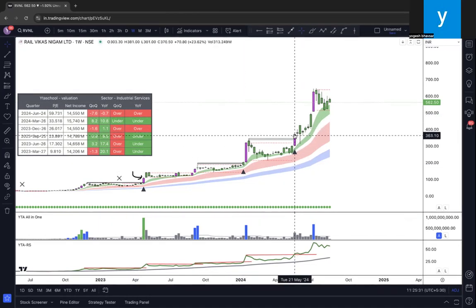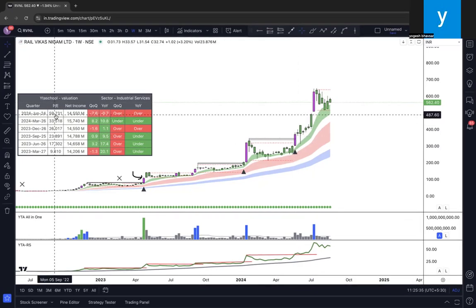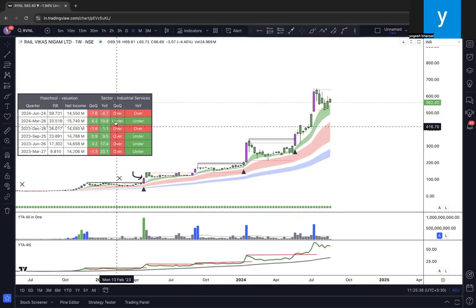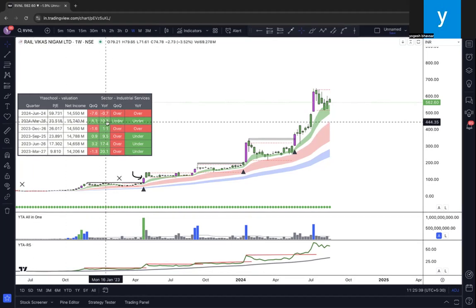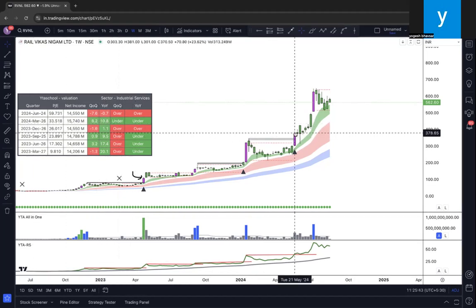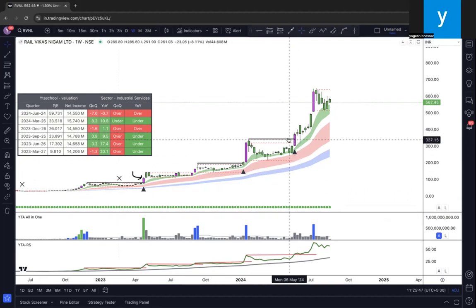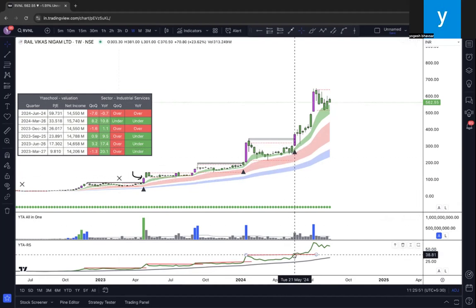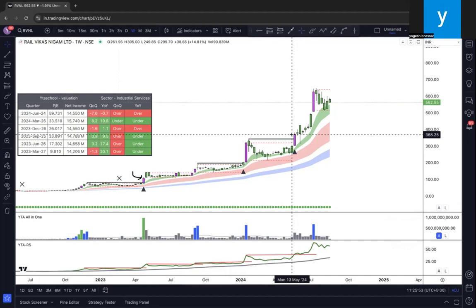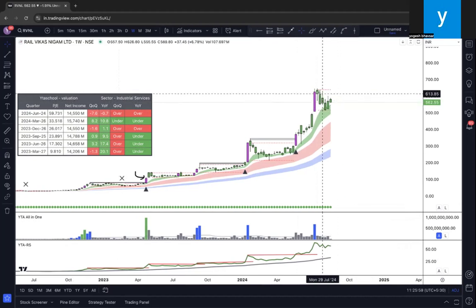At that point of time, when was this? March, April, May. So this breakout came before the June quarter overvaluation. So at that point of time, in the March column, it was always undervalued. So if you would have still taken the risk over here with the help of this longer time frame green, candles above this channel, trend above this previous high, bought, put a stop loss and took a smaller risk, it still went up.